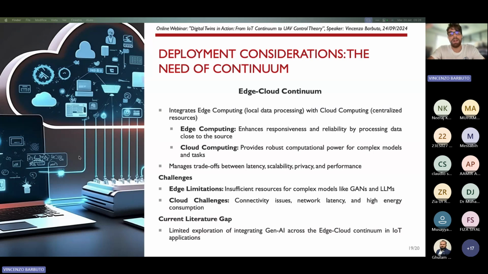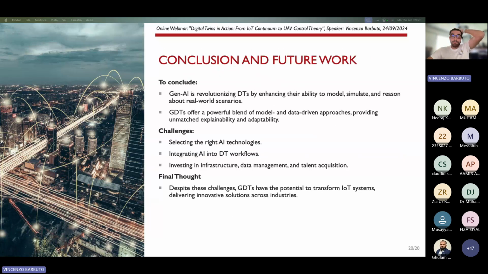We don't have enough resources for this kind of complex models, but at the same time, we cannot only rely on cloud, because we could have connectivity issues, network latency, and so on and so forth. And right now there is a literature gap on how to place this kind of system across the network architecture. So to conclude, we saw that actually Gen AI can